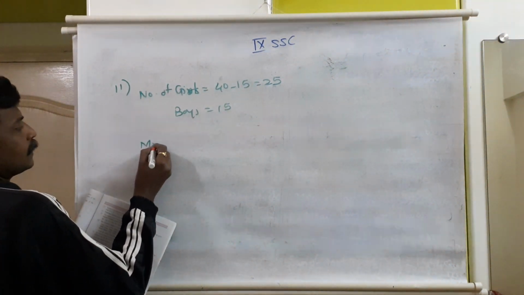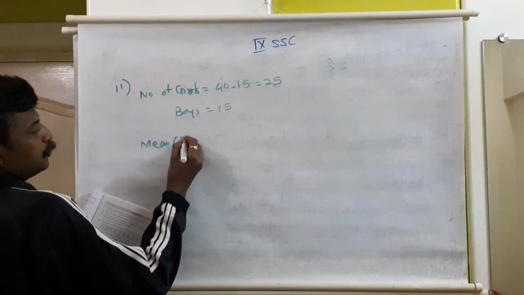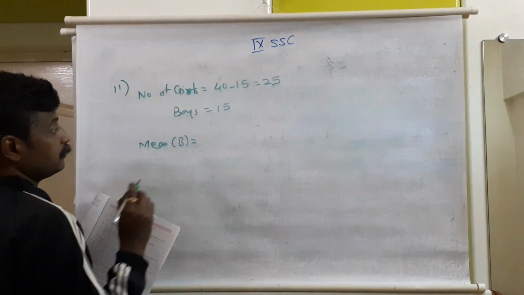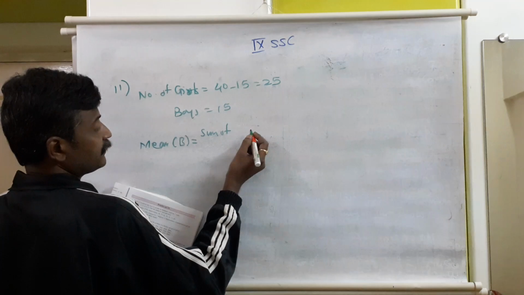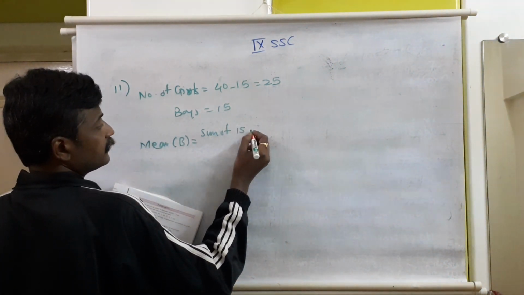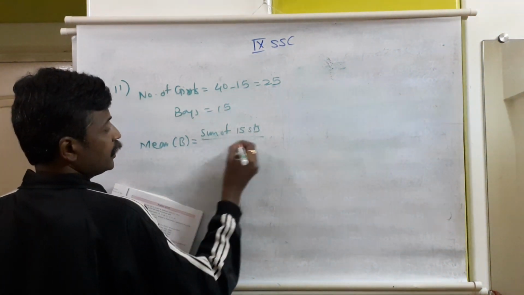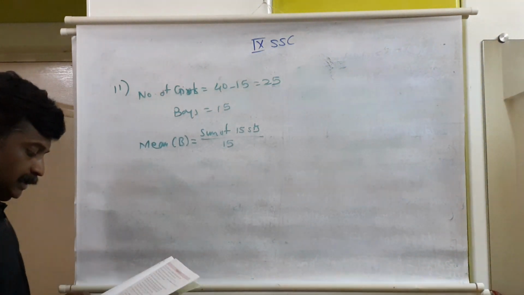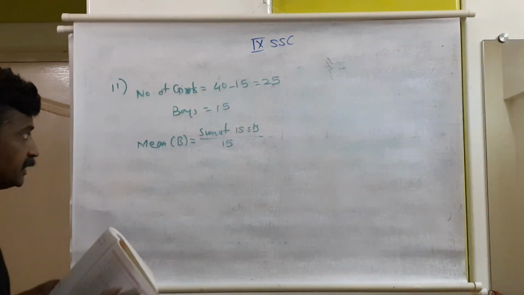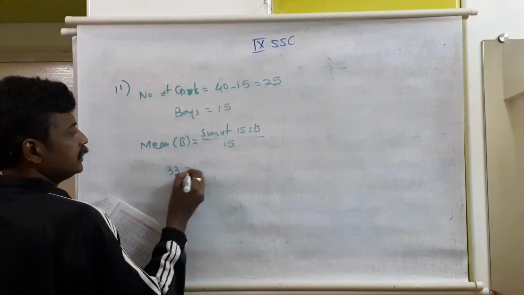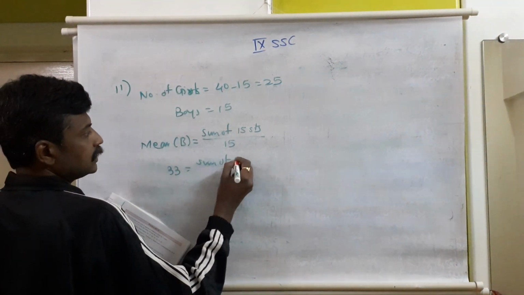So the mean for boys is equal to the sum of the 15 students who are boys, divided by 15. The mean is given here, the mean of marks obtained by boys is 33. So 33 is equal to the sum of